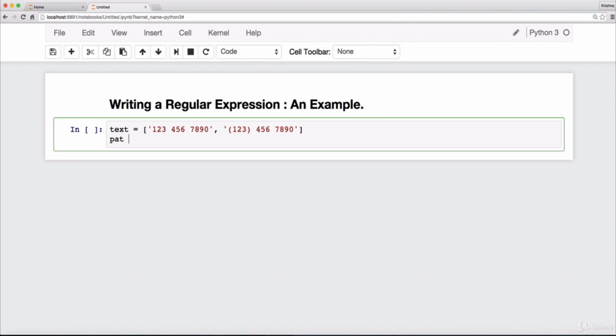I'll say pat, and we'll use a raw string. Let us see this one. It starts with a digit. There are 3 digits at the start. So I'll say backslash d. Backslash d is the escape code for digit, and we have 3 digits. So we will use a repetition. By using the curly brackets, we can specify how many preceding characters we are looking for. Here it looks for 3 characters,